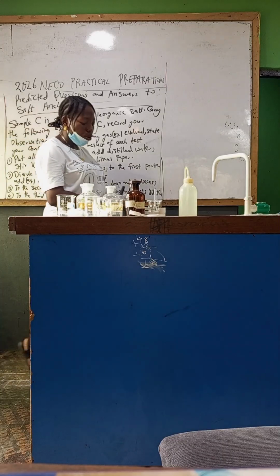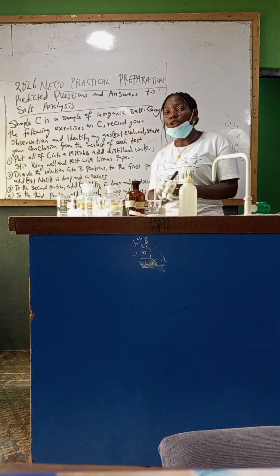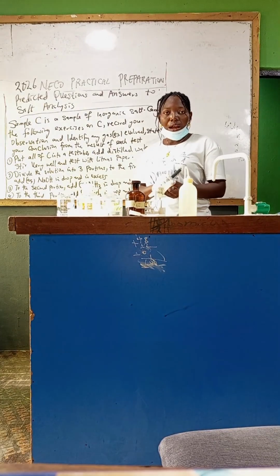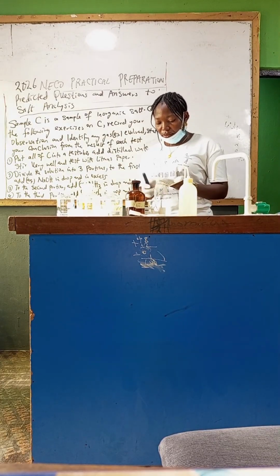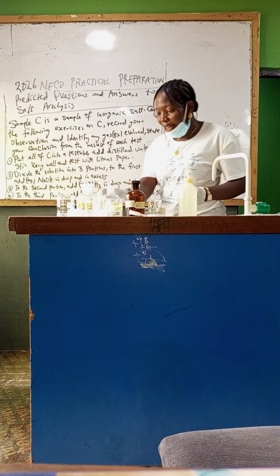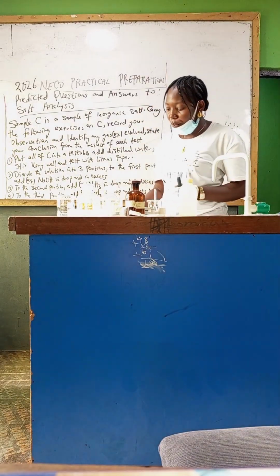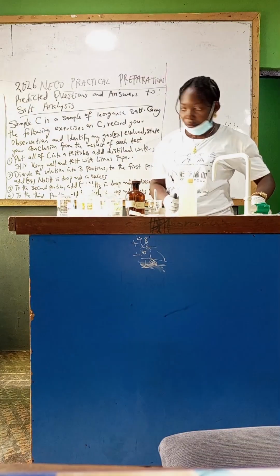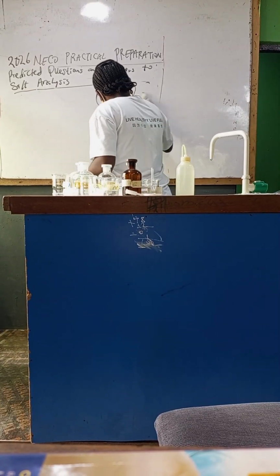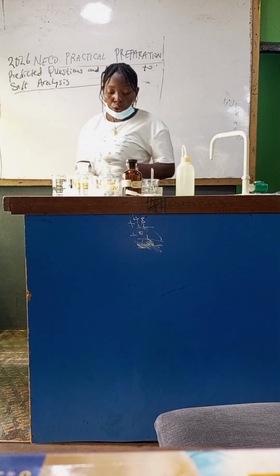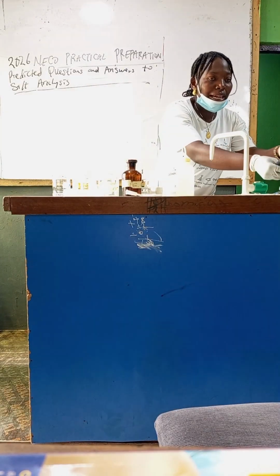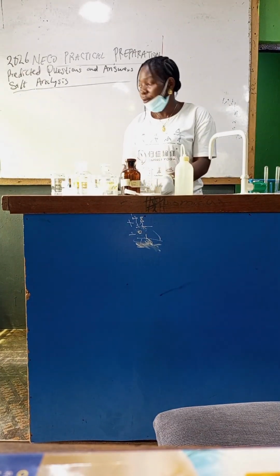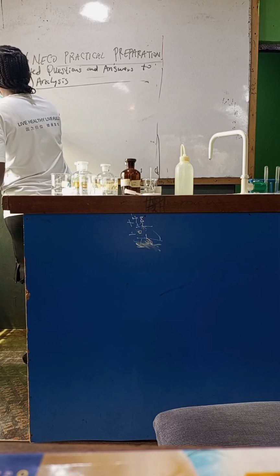So now we are going to answer this question. We are going to perform the experiments. We will write our observation and our inference. Okay, so this is our sample. Can you see it? Observe it. So to answer our question, here is my test tube. This is my sample. First of all, we have test,